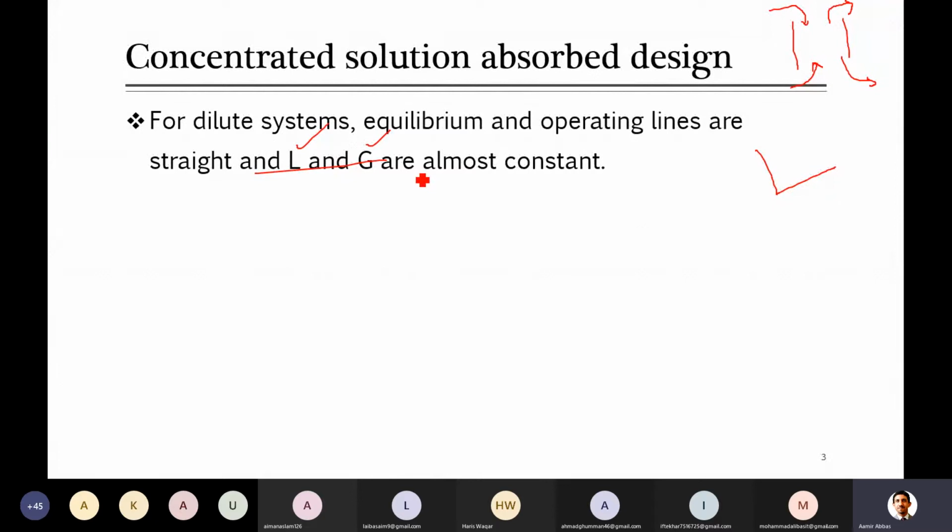These are systems which are not dilute. As I said already, dilute systems are usually less than 1%, most of the time in ppm. In such systems, you may come across a situation while designing equipment where you have a concentrated solution, meaning the amount of the species which you want to remove is greater than 1%, and it can be higher: 20, 25, 30, 40%. So in those cases, are the equations which we have already talked about valid or not? What do you think? Can anyone answer this?